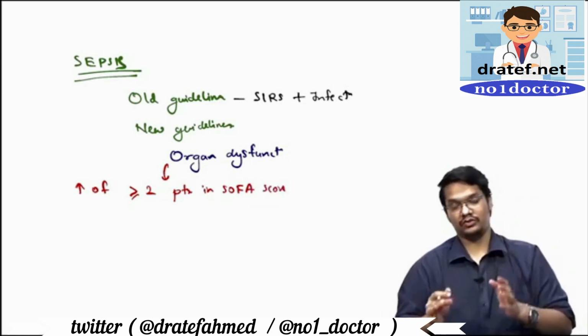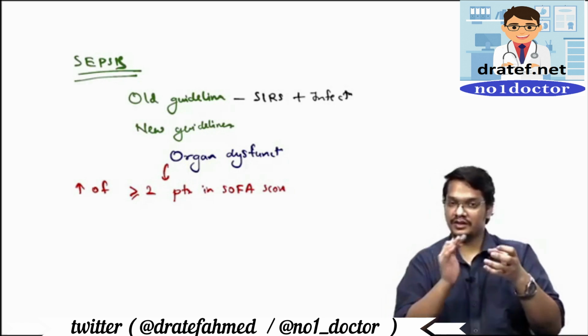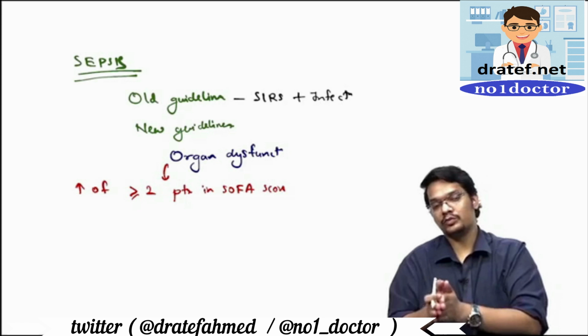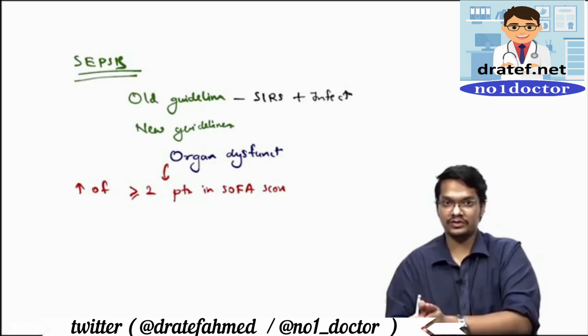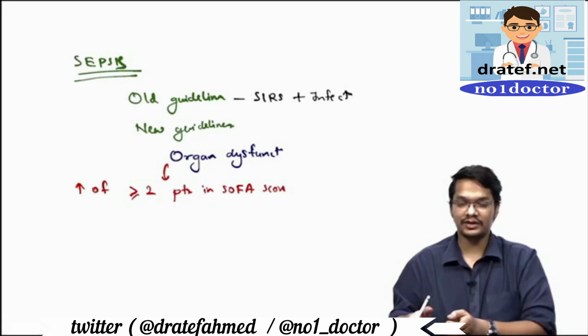Okay, so when do we say that the patient is developing organ dysfunction? This is said when there is an increase of 2 or more than 2 points on the SOFA score from the baseline value. There was a baseline SOFA score of the patient, and if